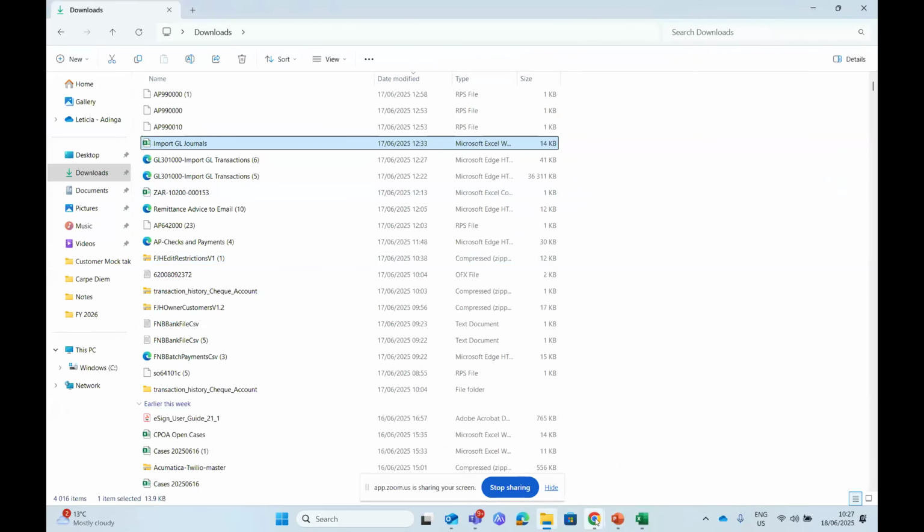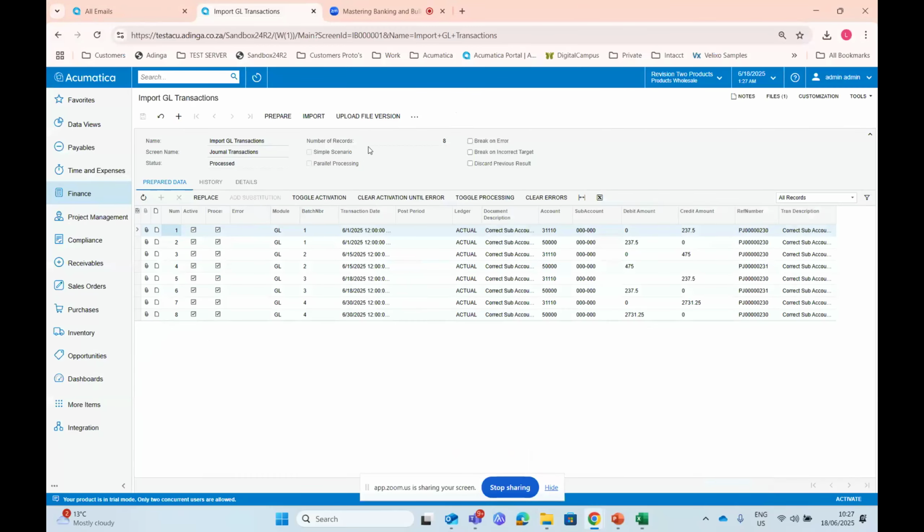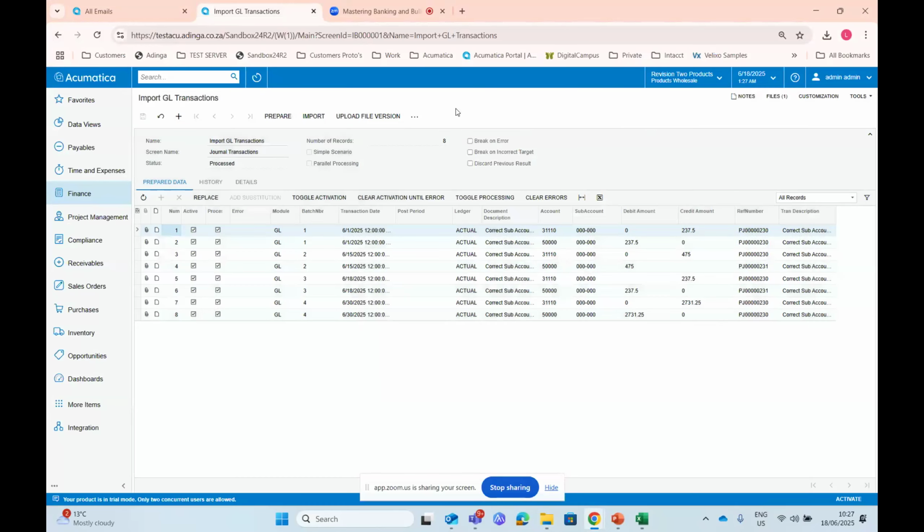So if I go back to my Acumatica, you can see I've got upload files here. By default, you don't have it there. Also remember, if you put a star next to any option, it will stay on your menu here.